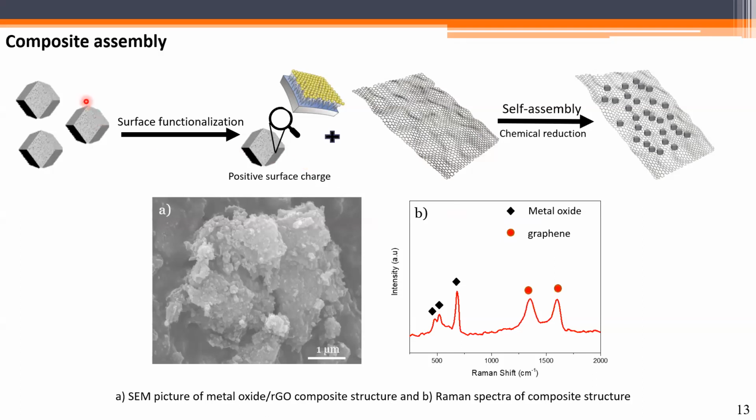Later on, we focused on the composite assembly. For this part, we made the metal oxides, then we functionalized the surface of these metal oxides to tune the surface charge. We modified the surface charge so that the metal oxide has a positive surface charge, and we mixed them with graphene oxide, which initially has a negative surface charge, so they would go through a self-assembly composite formation, and we later got the metal oxide GO structure, and